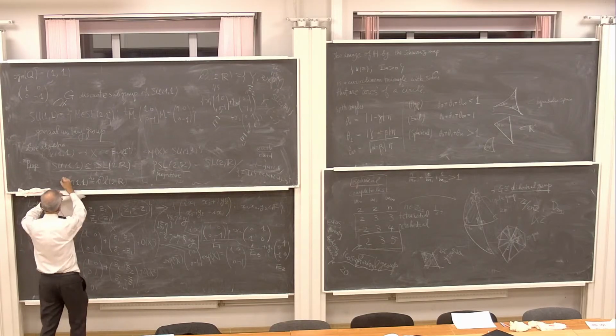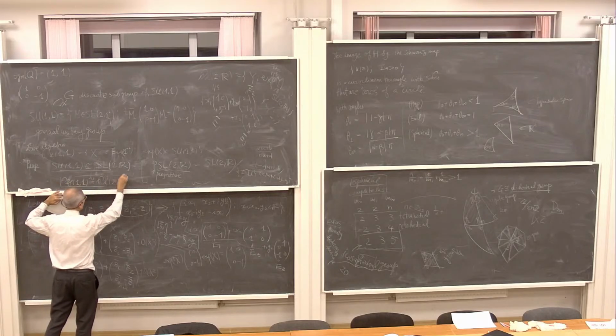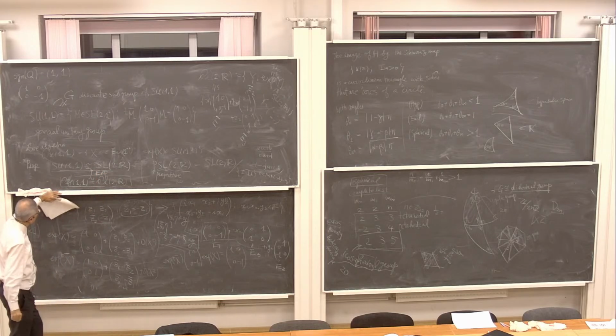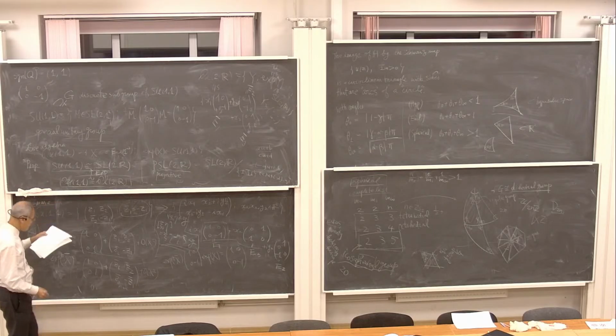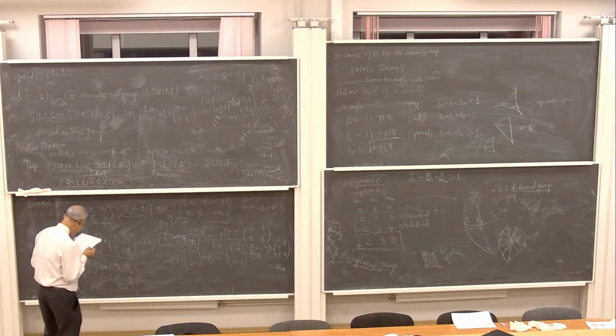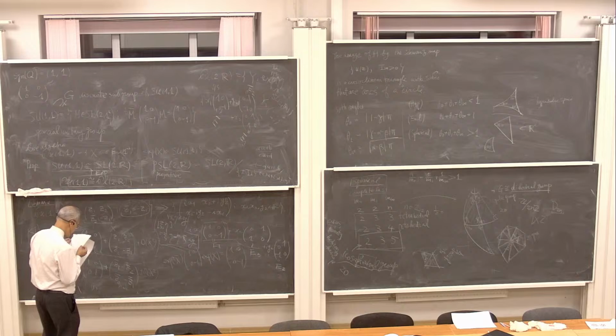So they are isomorphic, and this gives rise, via the exponential map, to an isomorphism. In this situation, how shall we use it? We shall use this fact to show that